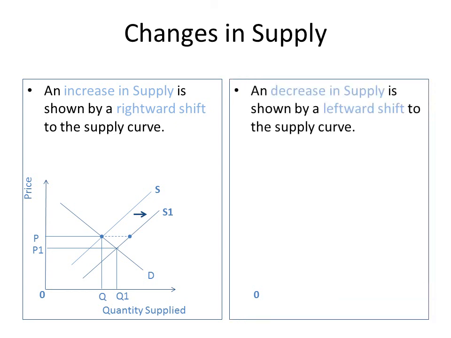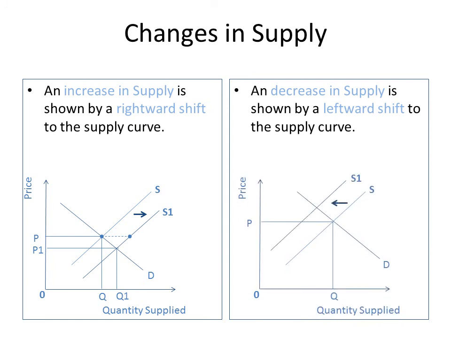Likewise, when there is a decrease in supply, it is shown by a leftward shift of the supply curve. So at this point, at the current price, there is a shortage of products. That is, the supply is less and there is excess demand. In this situation, the market will force the price to move up so that the demand will contract, supply will extend, and will reach the new equilibrium price and new equilibrium